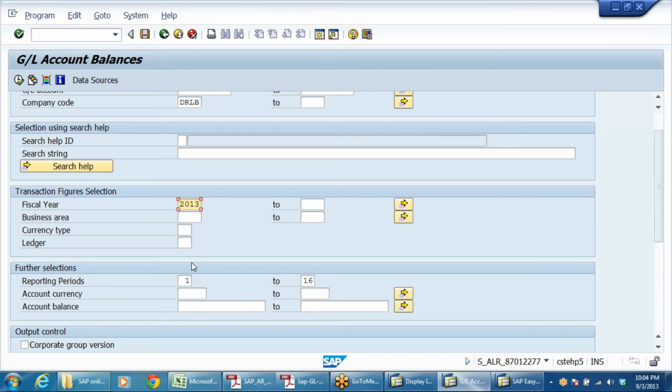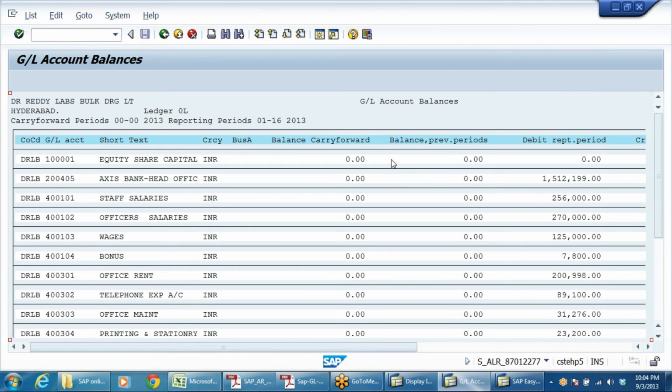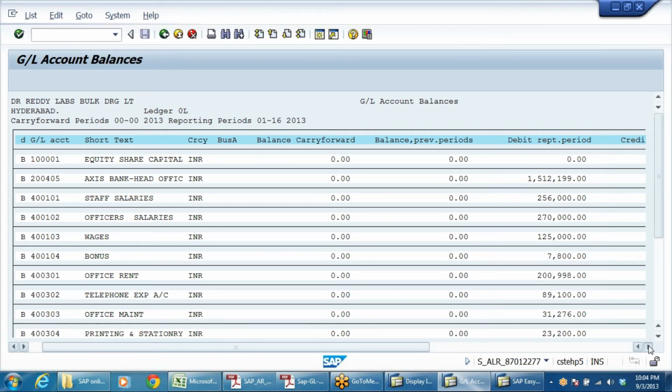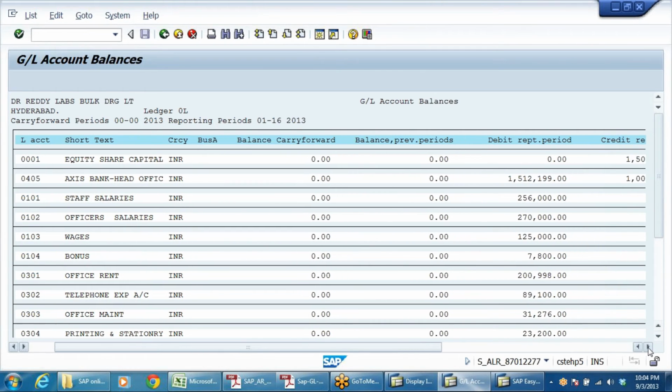2013. Right, posting periods from 1 to 16 it is showing. Okay, execute. See, this is just like a trial balance. It shows you the balances of all accounts, what are the debit balances, what are the credit balances.